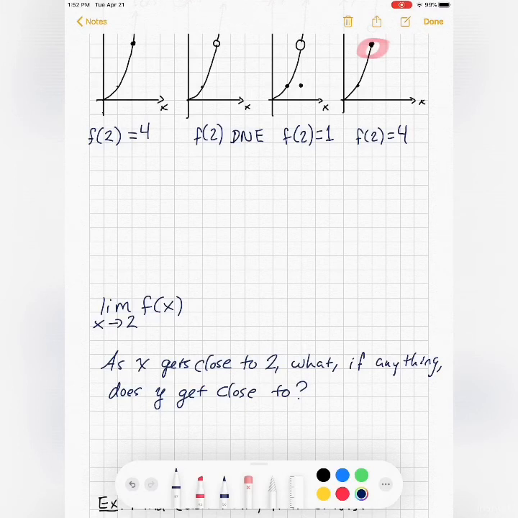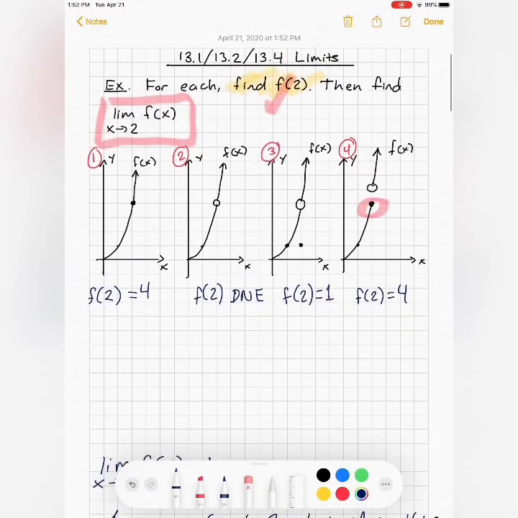So that limit is saying, look at the function as the x's get close to 2. What, if anything, do the y's get close to? And so if the y's get close to some number L, we would call that number the limit of the function. Okay, so let's look at these guys. So the limit, as x approaches 2, the first function,